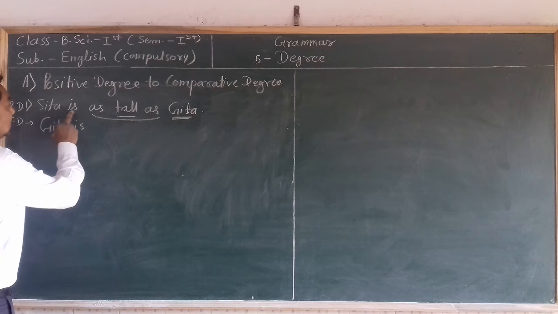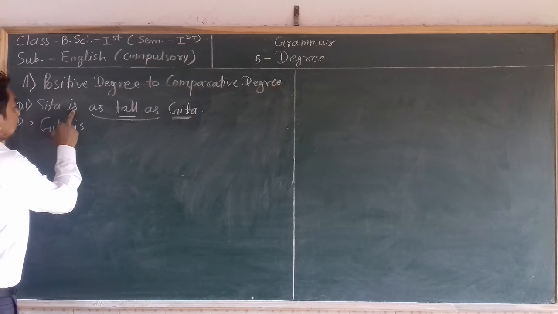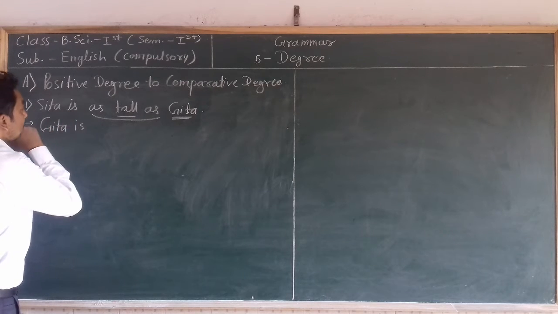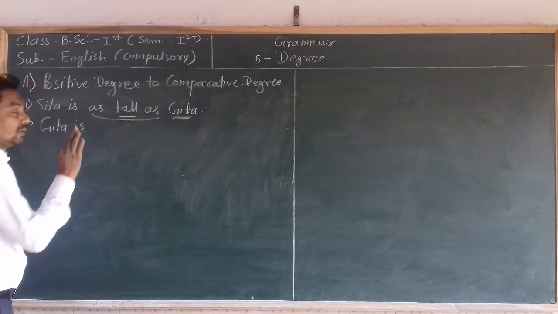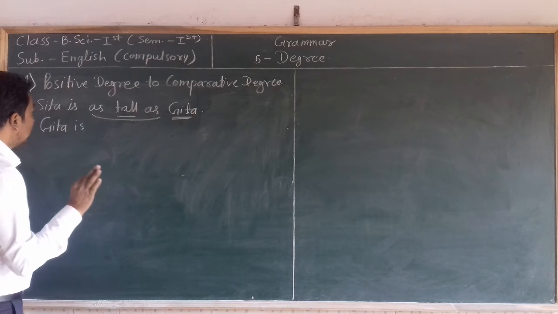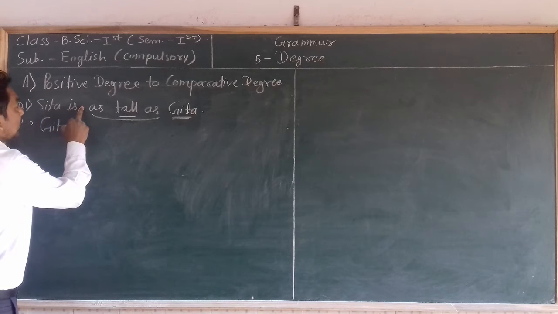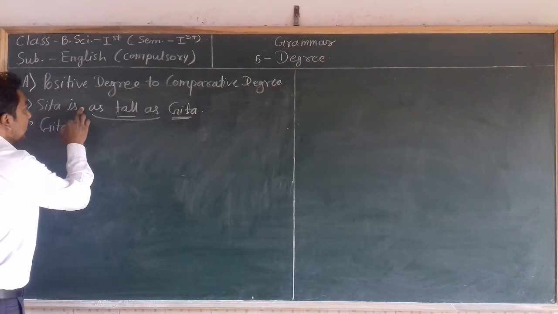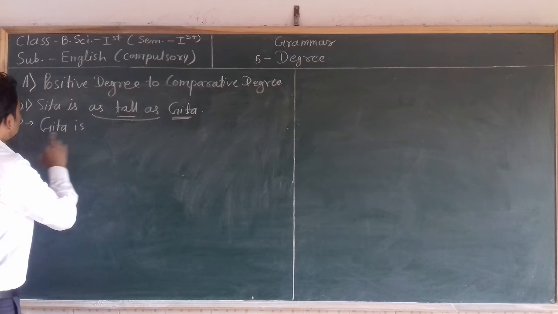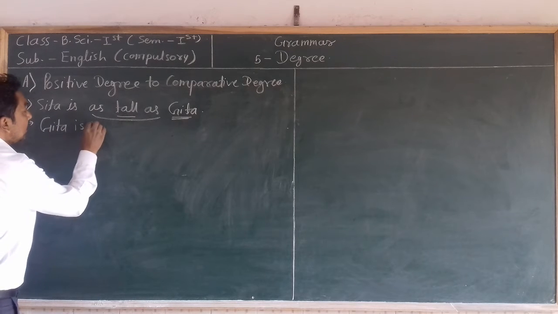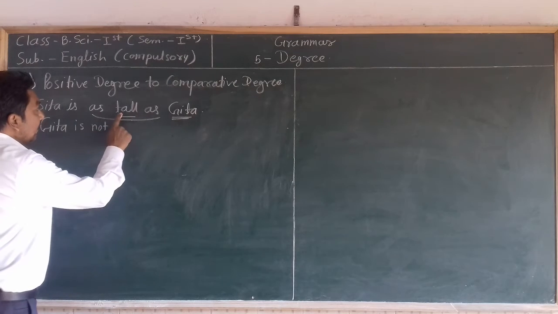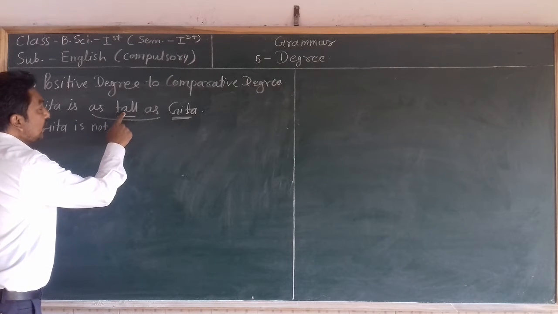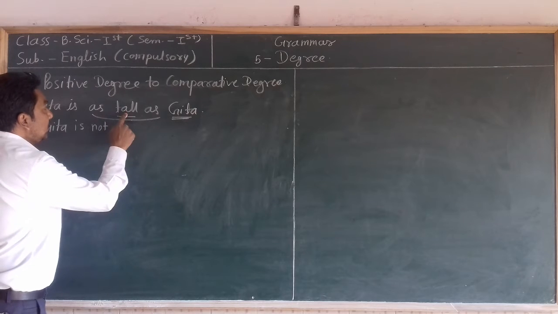Okay. Then see, in positive degree, whether there is given not in front of the helping verb. Here is not given no, not, never, this kind of words. So if there is not given no, not, never, this kind of word in front of the helping verb, then in comparative degree we have to take not in front of it. Then take the comparative degree form of this adjective.